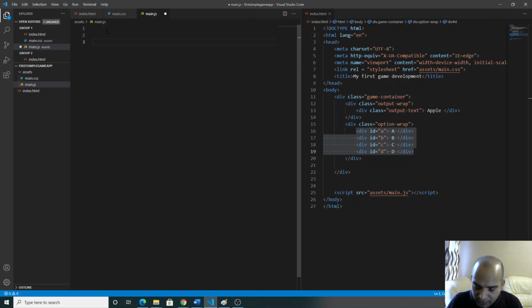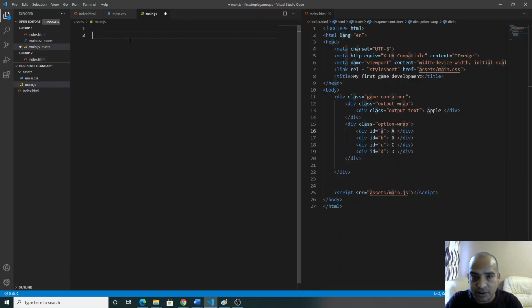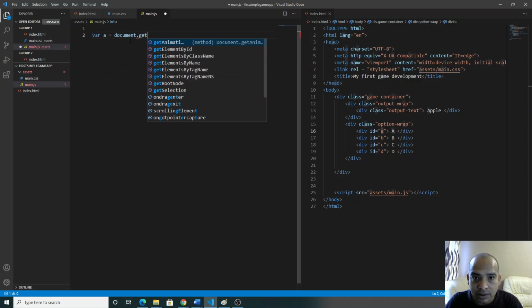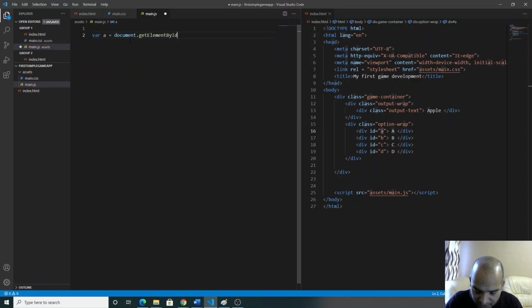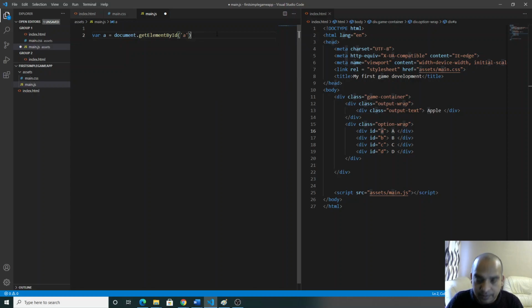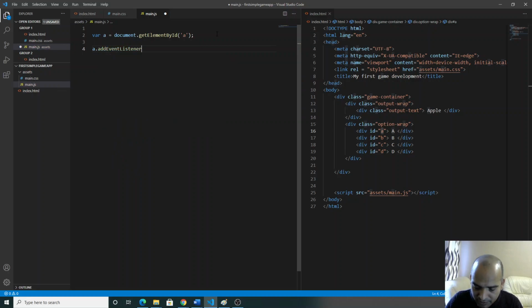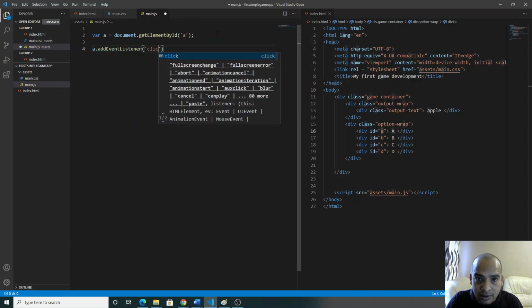What I do first, let's make the variable. For example, first we go with A, B, C, D, because we will click here, so here the ID is A. Let's take this ID here. For example, var A equals document.getElementById, and we can put here A, and let's check if it is working. A.addEventListener, and we go with click